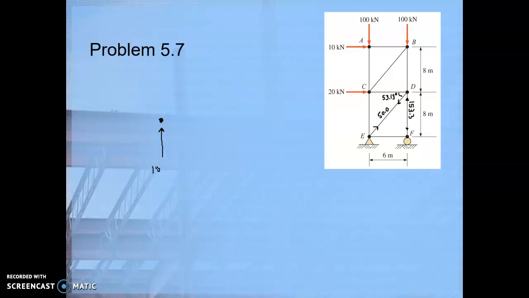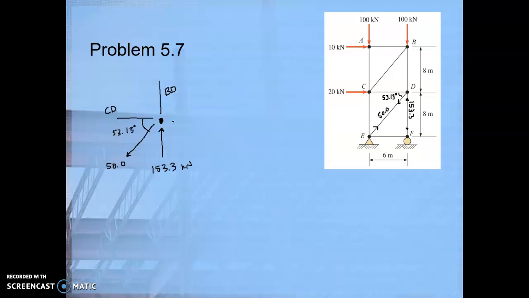That was 153.3 kilonewtons. It's compression, so it's pushing up against joint D. We had the force in DE was exactly 50.0, and that is acting at an angle of 53.13 degrees. Then we have this member CD framing in horizontally, and we have framing in from above in the vertical direction